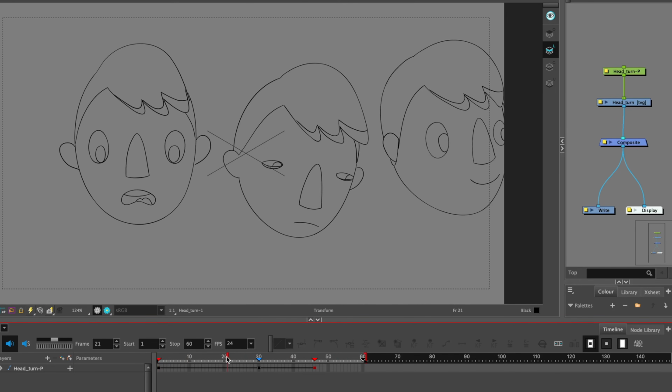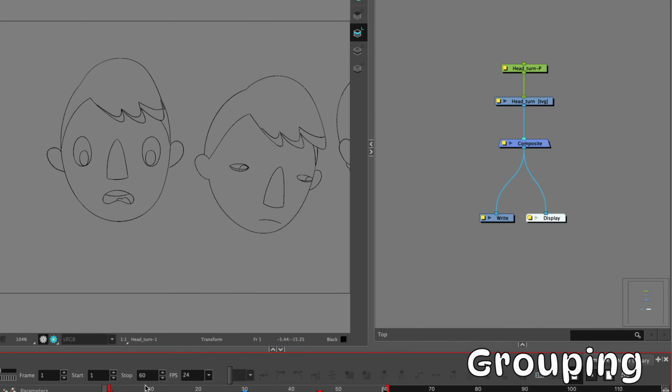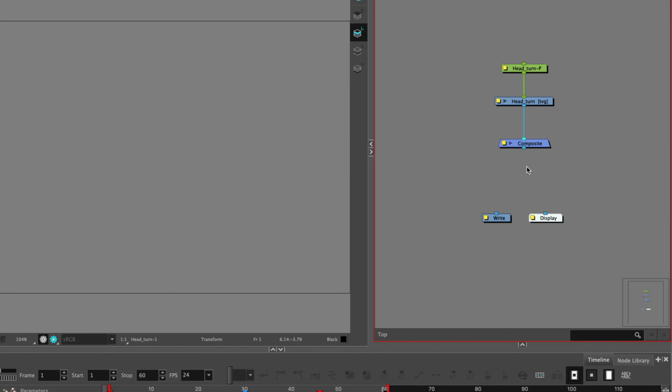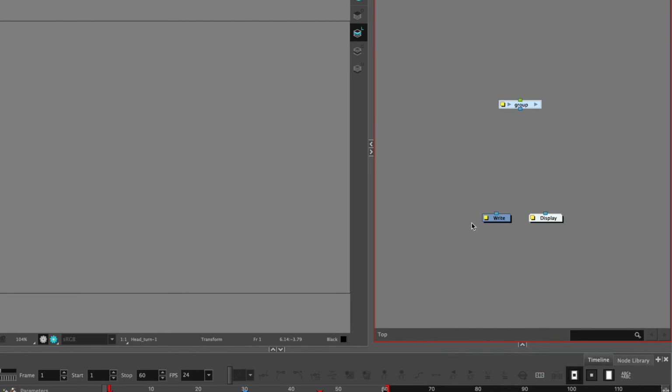You have the key poses and rough timing to be able to create a head turn with a change of expression. I'll show you how to group and create a template for the key poses that we can save to the library. We click and drag to select all. Right-click, go to Group, Group Selection. We can copy, Command-C, go to the library,